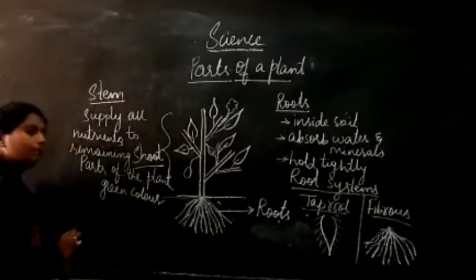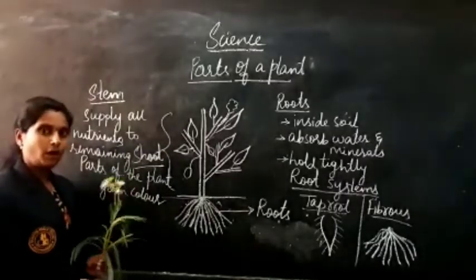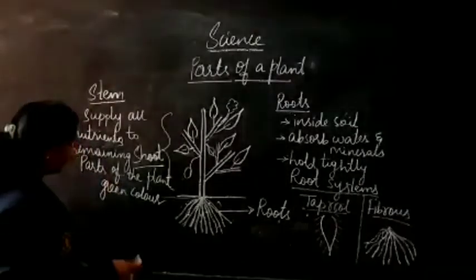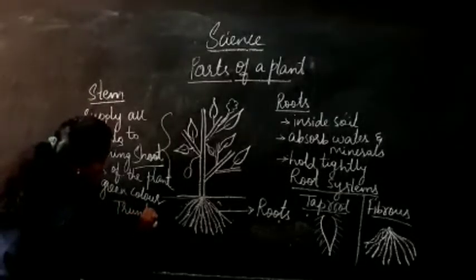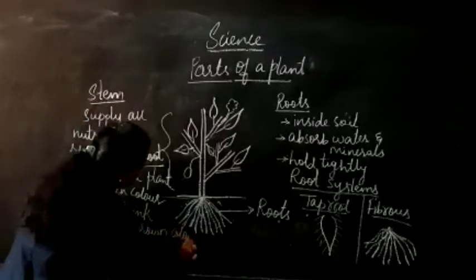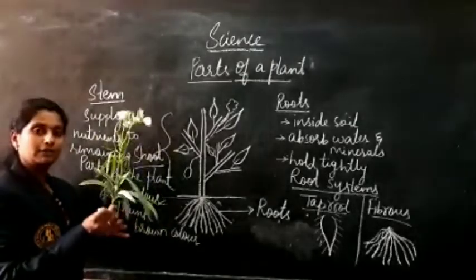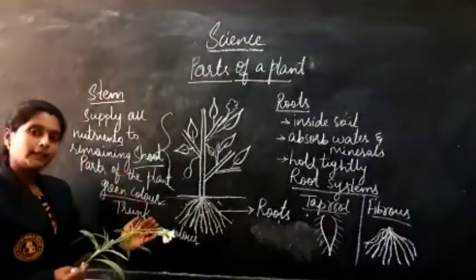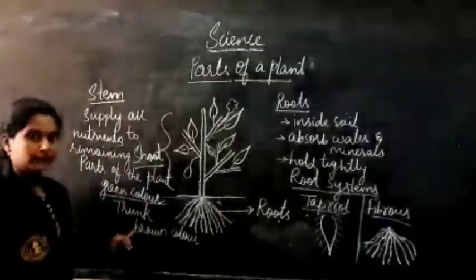And some trees. There is a lot of difference between the plants and the trees. The shorter one we call a plant, and the very big plants we call a tree, and the tree stem we call a trunk. If you observe the trunk of a tree, it will be brown in color. Whatever the plants are there, their stem will be green in color. As that plant grows into a tree, its stem also changes its color and becomes very hard, and that we call a trunk.